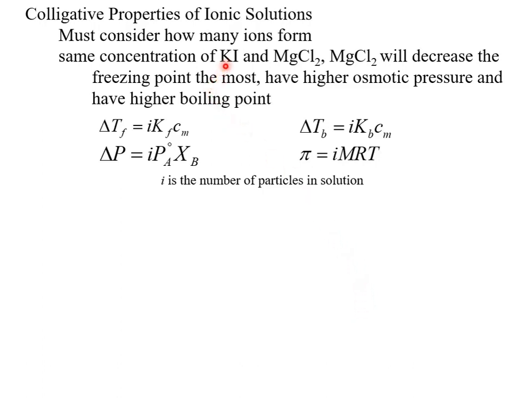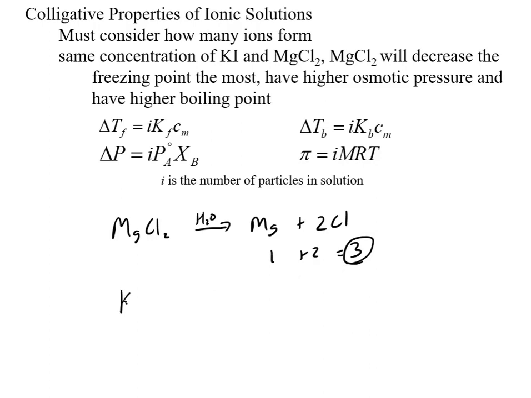What that means is if I have the same concentration of KI and magnesium chloride in solution, magnesium chloride has 3 particles. So what does that mean? That means that when I form ions, if I take magnesium chloride and put it into water, I form 1 magnesium 2 plus and 2 chlorides. So the 1 plus 2 gives me 3. Versus if I look at the KI and put it into water, I form a K plus and an I minus. So I have 1 plus 1, which is equal to 2. And so because this is higher